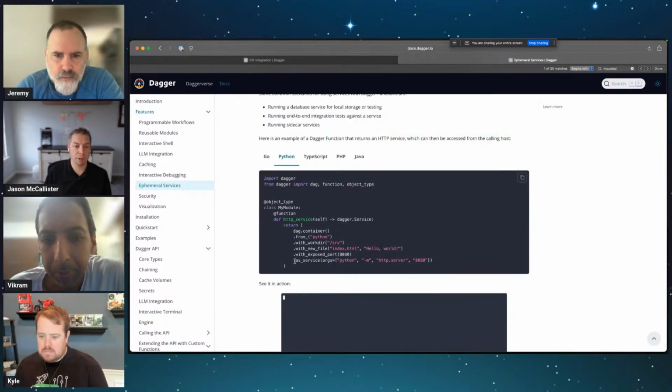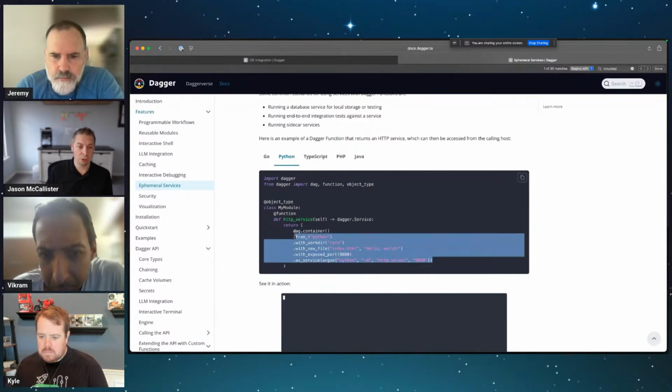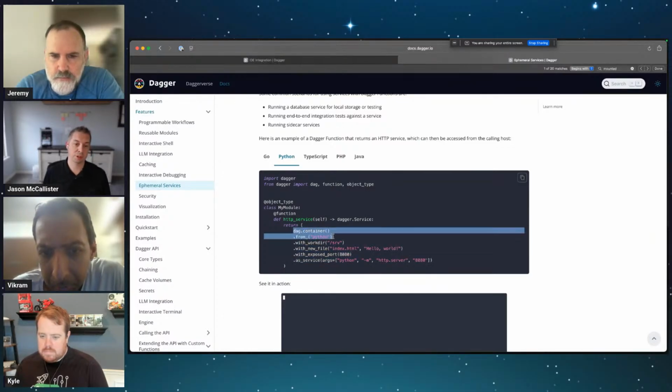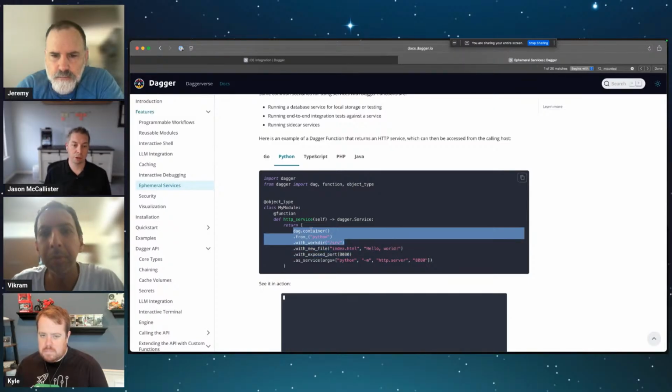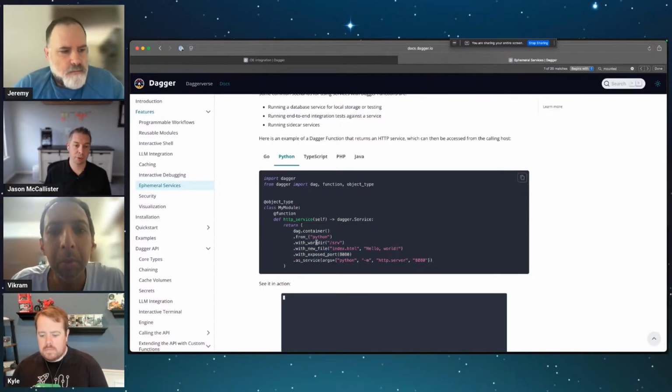let me see right here. We have these kind of arguments here. So it's very similar to building the Python application like we are now, right? So you're creating a container from Python with a worker, exposing a port, and then you call as service. So let's actually,